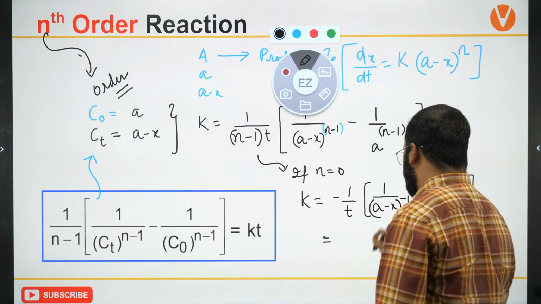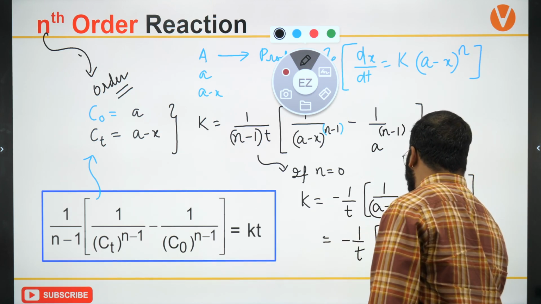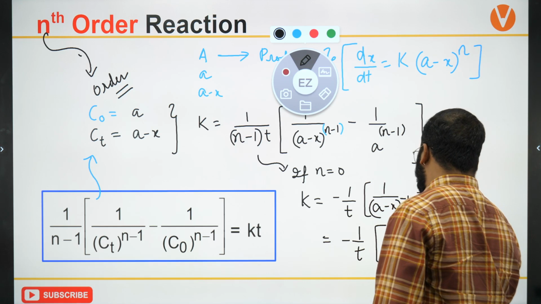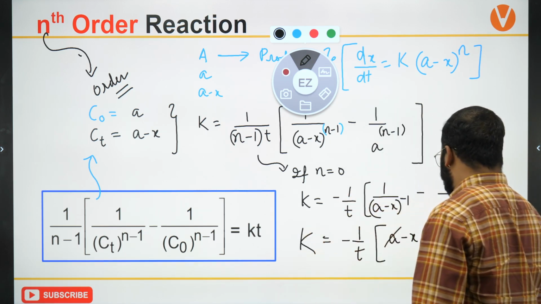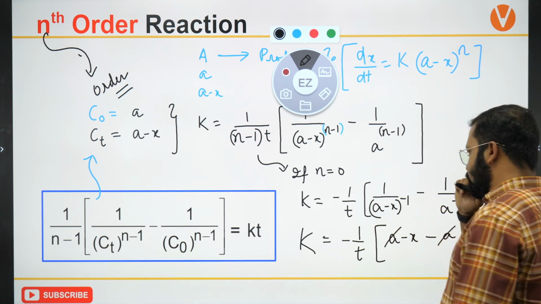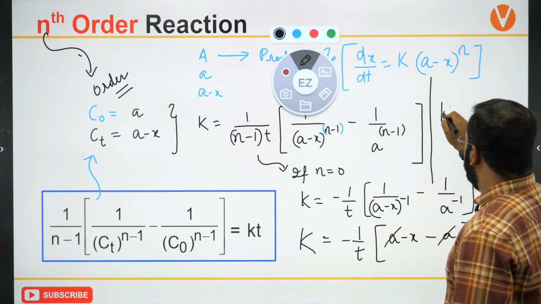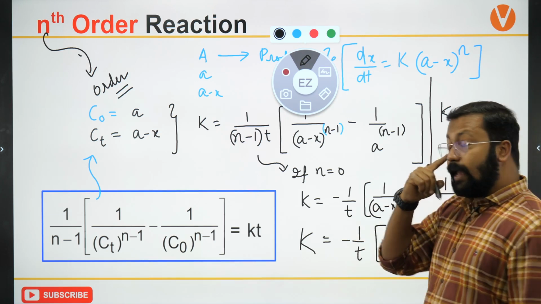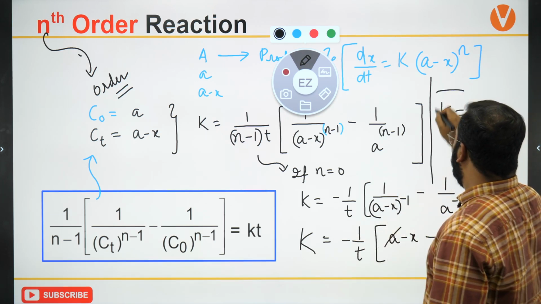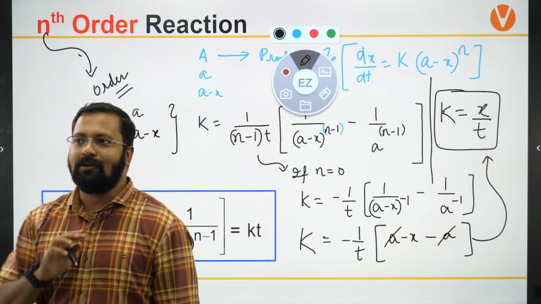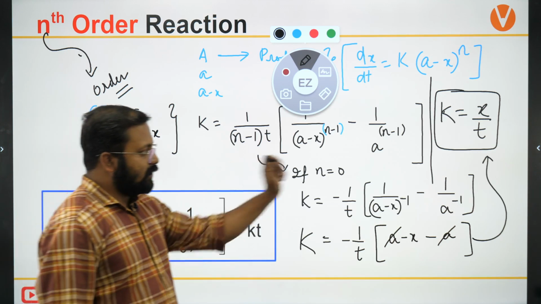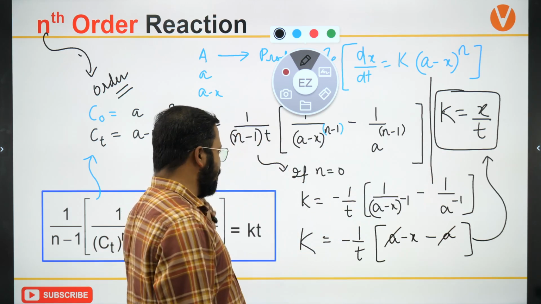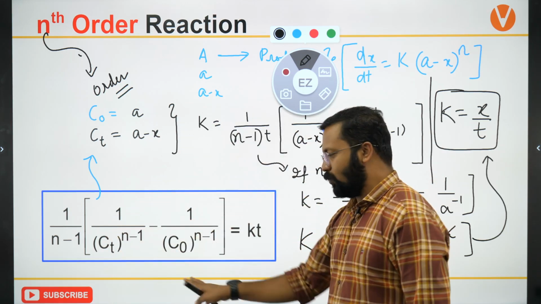So if I solve this, minus 1 upon t, this will become a minus x minus a. This will get cancelled. So what will I be getting is this. K will be equal to minus and minus x minus 1, that is x by t. Doesn't it look like the rate constant expression for a zero order reaction? So the rate constant expression for a zero order reaction can be calculated directly by placing n is equal to 0 in this equation. However,